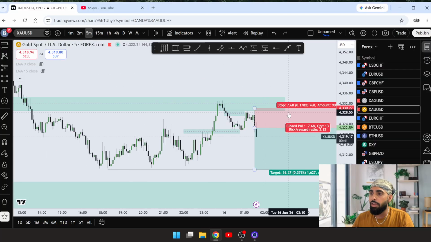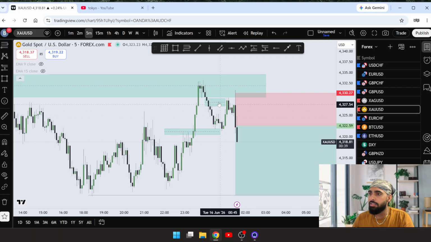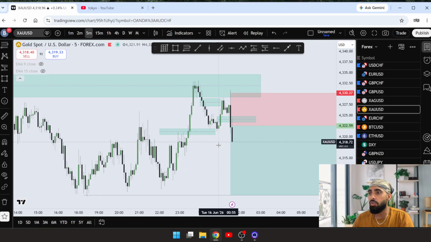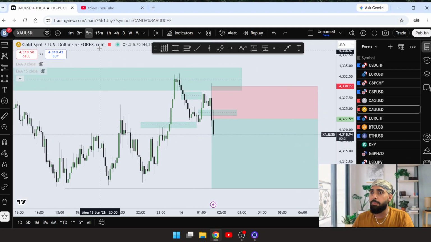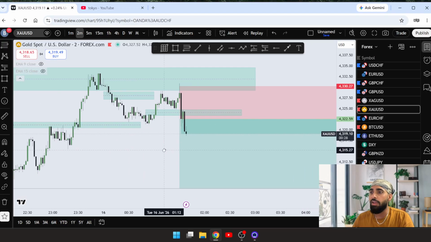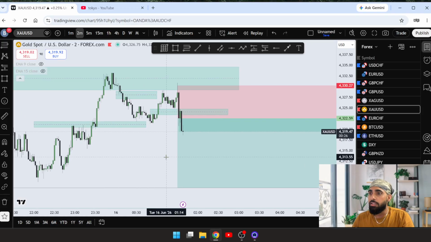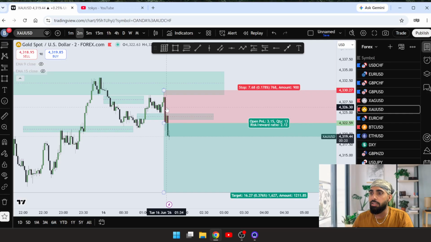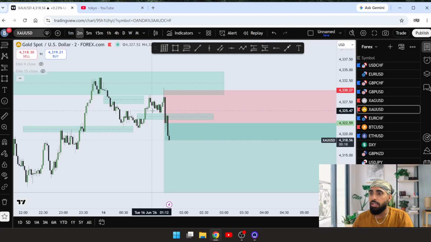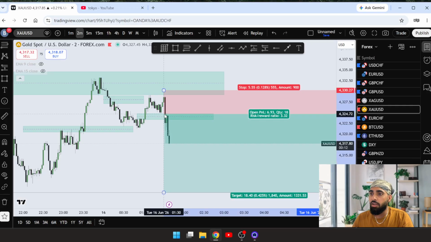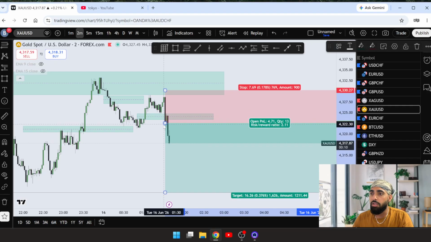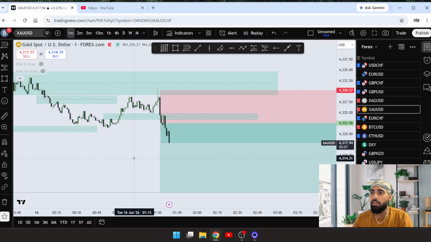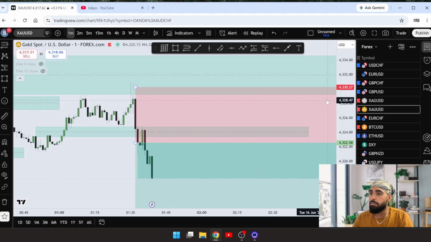Apart from that, let's just go on 5-minute time frame. This is gonna be an inverse fair value gap, if you guys know some concepts. This is inverse fair value gap, and if we go on 2-minute time frame, I'm just trying to look if I have got the best entry. So guys, yep, this could have been a really nice entry around here. As we can see, 2-minute candle, look at this candle, how strong it is, and it has changed its gear under this candle. So as soon as price gets under here, this is the super safe spot, I could have easily gone in, and on 1-minute time frame, this is the perfect entry.